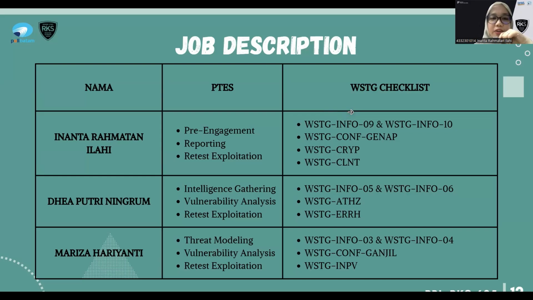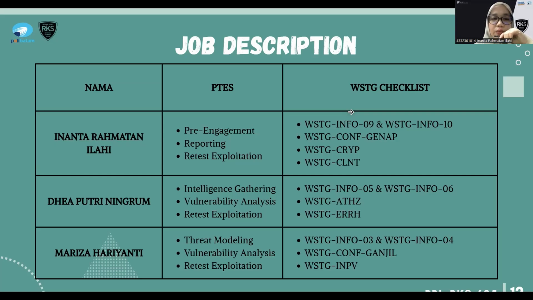Next, you can see on the screen the job description for the work we do, and how we are divided into PTES and WSDG. For PTES, each of us handles a different phase, but all the team members still carry out their respective tasks in each phase.